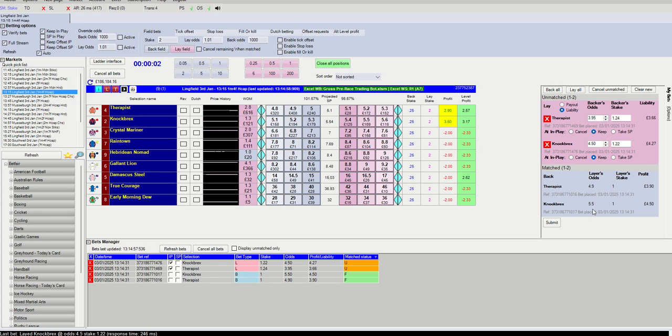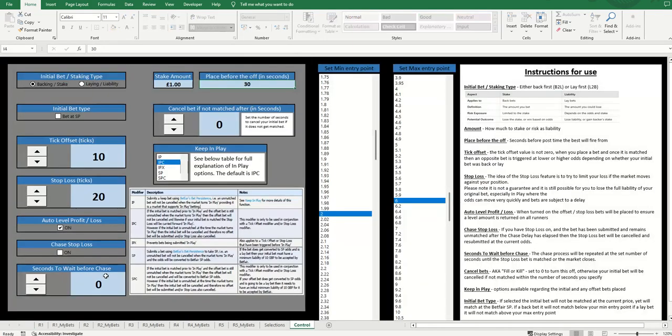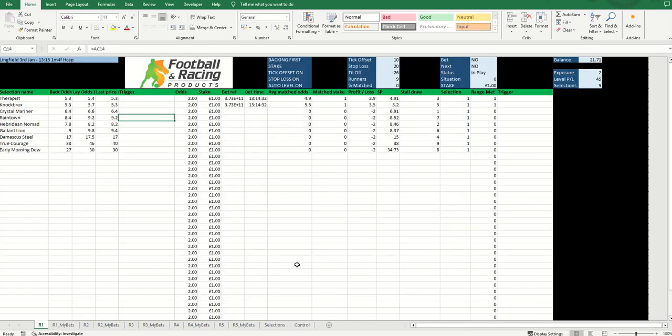Now, if, for instance, Therapist backed at 4.9, if that drifts out by 20 ticks, so up to around 7.6 or so, it will cancel the tick offset and place a stop loss. Now, again, the market might have drifted way past that, up to 10, for instance. If we had on the control panel the chase selected, it would try and chase that bet down. We have it turned off, so that might mean that we don't get a match and we just take a